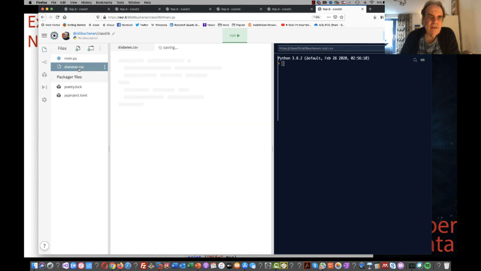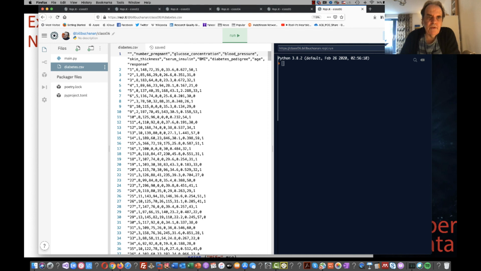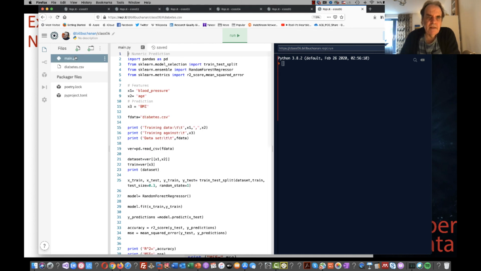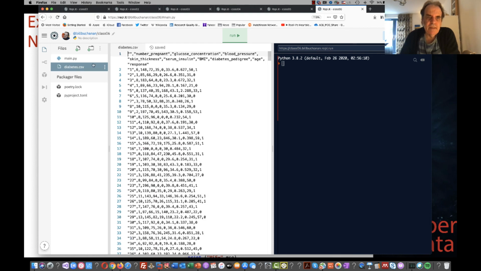Okay, so here's the data set that we're going to be using. It's defined as a CSV format, and the fields that we're going to be training on, the features, are blood pressure and age in this case. So blood pressure here and age here.